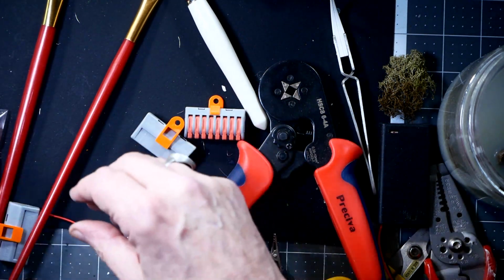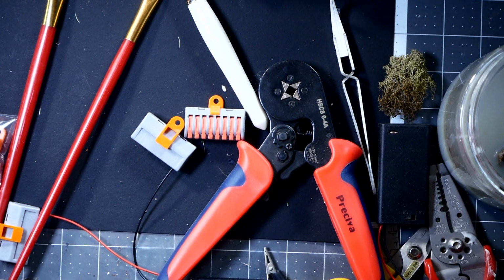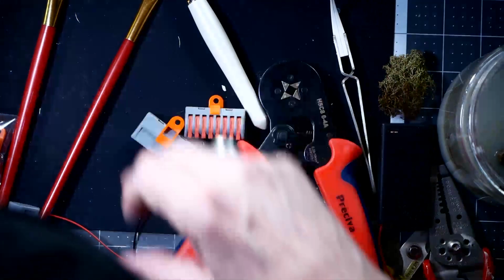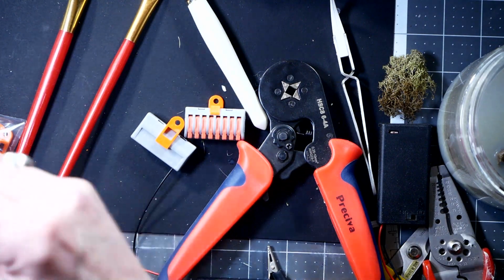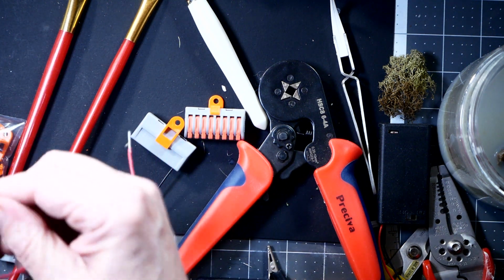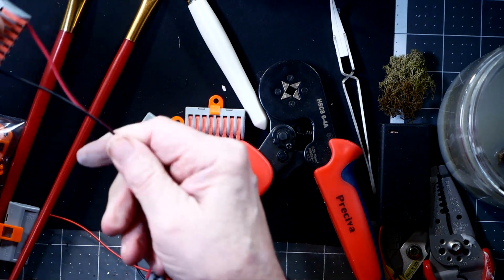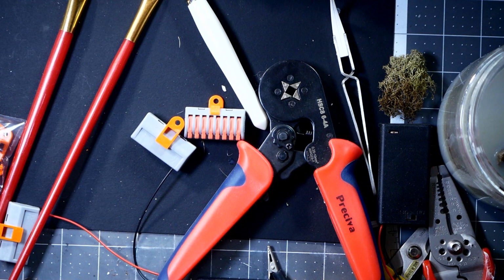So I will be climbing under the layout with this tool and some cutters and other stuff, and I'll be using these to terminate the wires so that they're good and solid when they go into one of these connectors, just like that. And all right. So anyway,